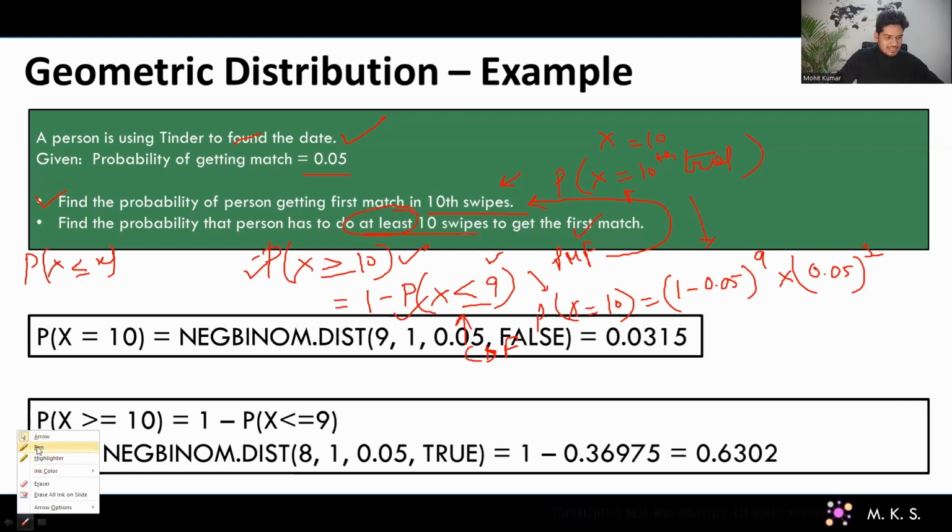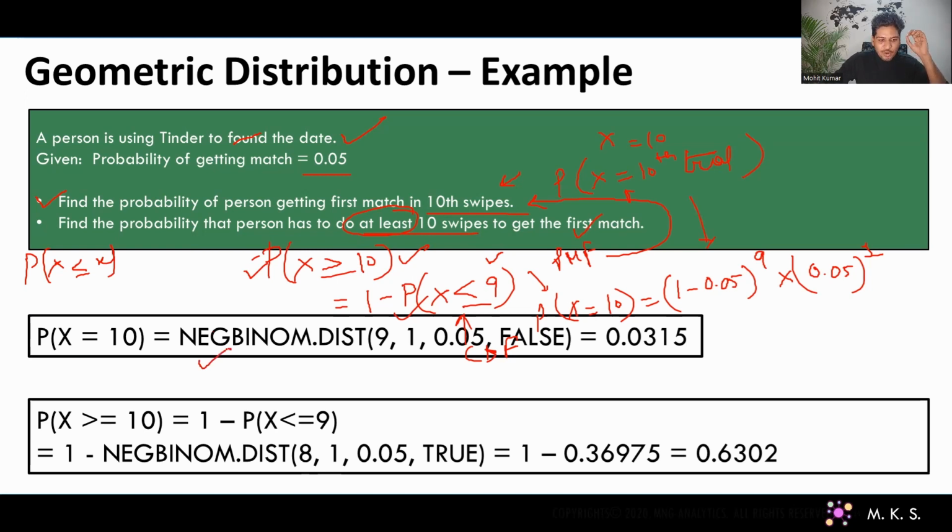Okay. So I'm just giving you the formulas which are available in Excel for the PMF and CDF of the geometric distribution. A lot of people will say there is no direct formula to calculate the geometric distribution PMF or CDF. But there is a formula, guys. You can use Excel to calculate the geometric distribution PMF and CDF. A lot of people don't know about it. You will not find these things on YouTube, guys, or in any of the courses you will find on the internet, right? So I am giving you that particular part. So how can we do that in Excel?